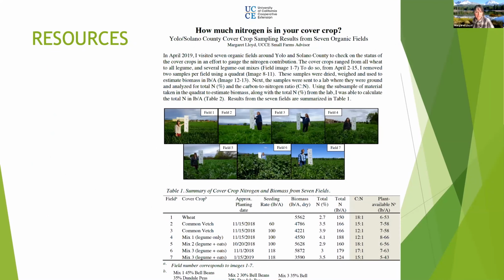I have a couple of resources, and I'll put these in the link in the chat. So this is just looking at doing some nitrogen calculations using your own biomass and tissue N content numbers. Here's this cover crop chart, created by the NRCS, and it's a guide to the characteristics and biomass and N expectations of many cover crops in California. And that's it. So thank you for your attention.